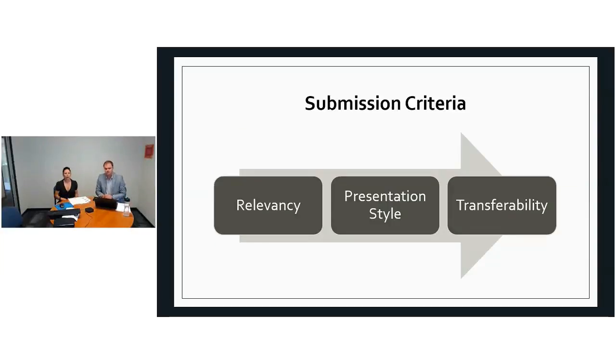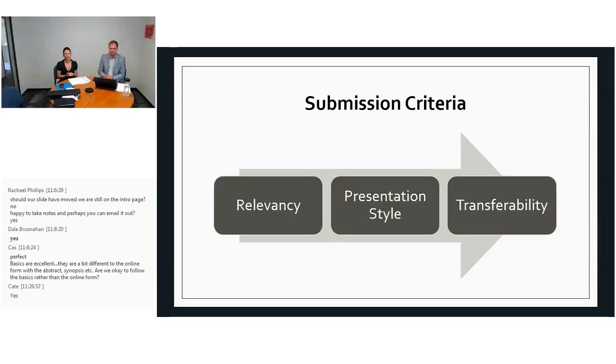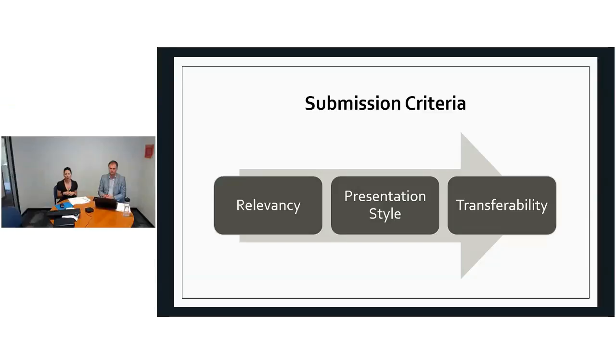Lovely. In terms of submission criteria, again, I don't want this to stress anyone out. It's very much a case of us looking at your presentation and making sure that it meets those 3 criteria as much as possible, and that is something we can work with you to develop and chat with you further about. So obviously relevant, which is a pretty easy box to tick. Presentation style, we just want to make sure that you're in the right category, and you can choose that on the basis of your personal preference. So if you prefer a much more informal presentation style, we would definitely recommend the roundtable. But if you love presenting with a formal PowerPoint, then your member paper might be your best option.